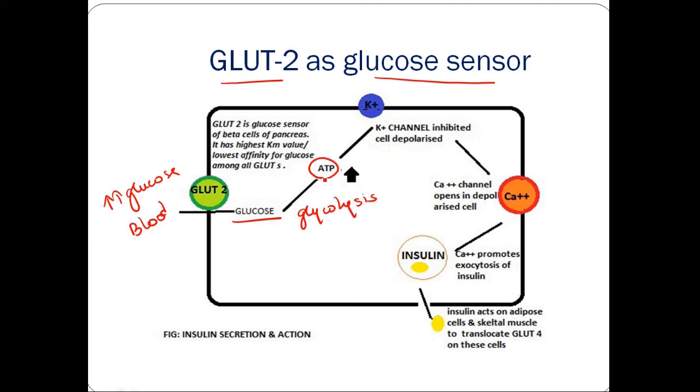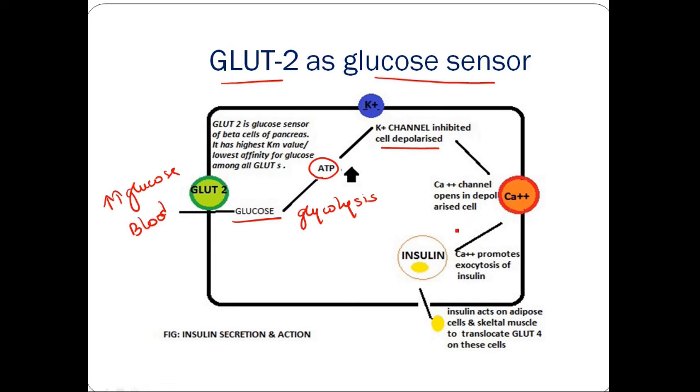Due to this, ATP will be produced. When excess ATP is produced, it will block the K plus channel, that is the potassium channel, and it will cause cell depolarization. That means the cell will become less negative, and due to this,